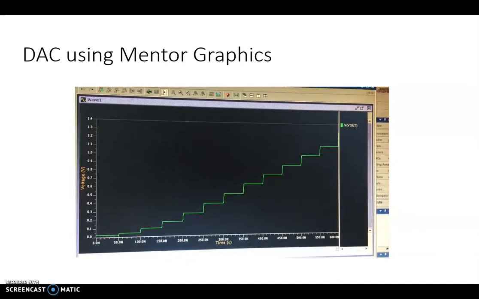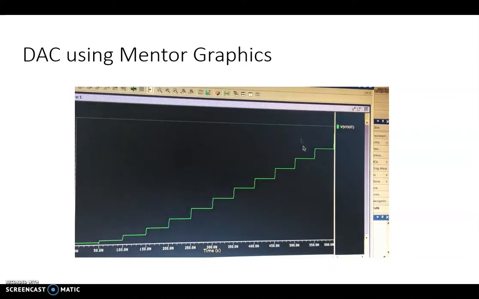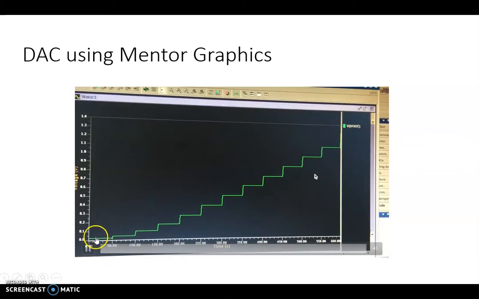So now we can see the analog output. And if you see the first analog output, only when one bit is high, we can see that it is 0.25 volts. Thank you.